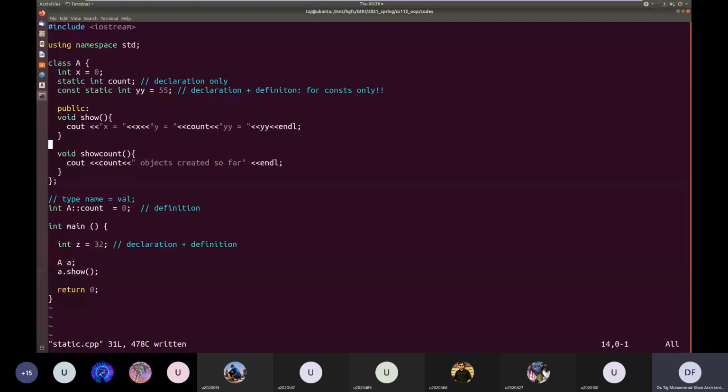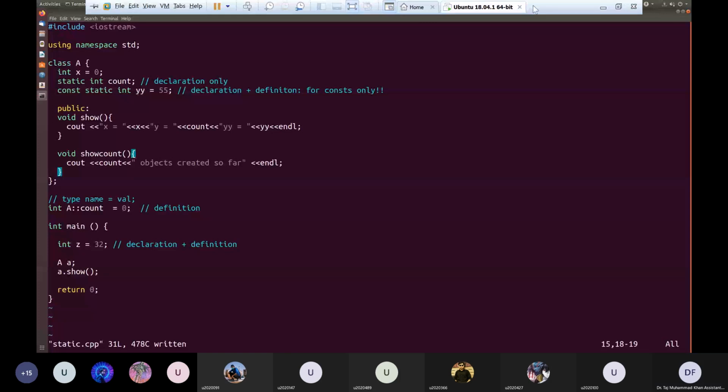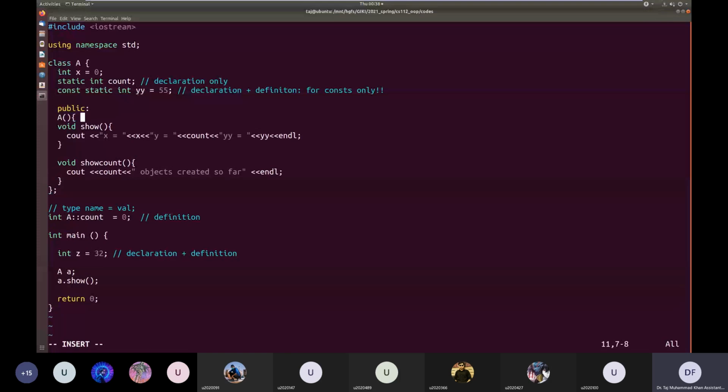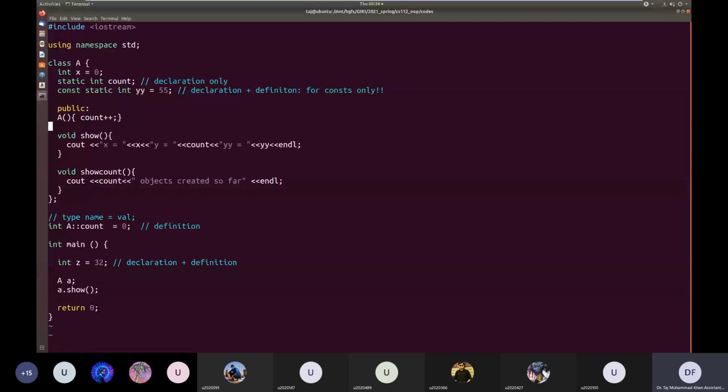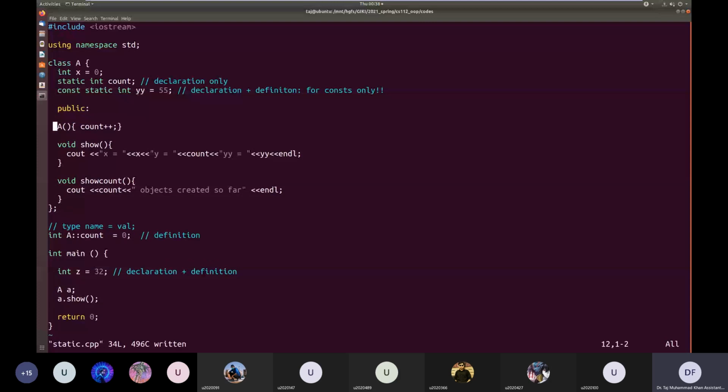So where should I write the code to increment this count variable? Constructor, very good. So let me make a constructor. You can do all the other things that you do in a constructor, and at the same time you can also increment the count. So every time an object is created, this count will be incremented.